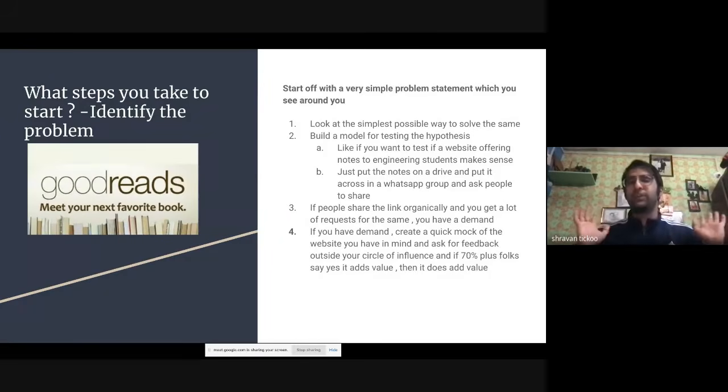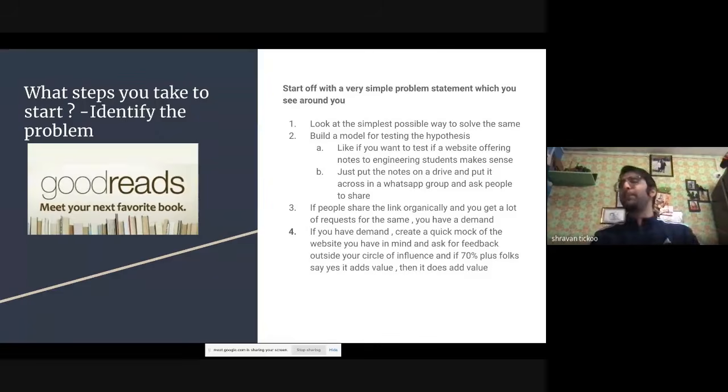So तुमने एक hypothesis बनाया, hypothesis को टेस्ट करने के लिए क्या किया, एक Google Drive बनाई, Google Drive में सारे पुराने notes डाल दिए, बोला यार ये लिंक है, भेज दो भाई, जहां जहां करना है करो. जनता से पूछा यार कितनी जनता के साथ शेयर हुआ है, अगर ये पूरी तुम्हारी क्लास के साथ शेयर हो गया तो डेफिनेटली डिमांड है. और अगर डिमांड है तो उसके बाद फिर एक छोटा सा तुमने मॉकअप बना लिया, मॉकअप बनाने के बाद सबको दिखा दिया एंड यू पुट इट अक्रॉस.